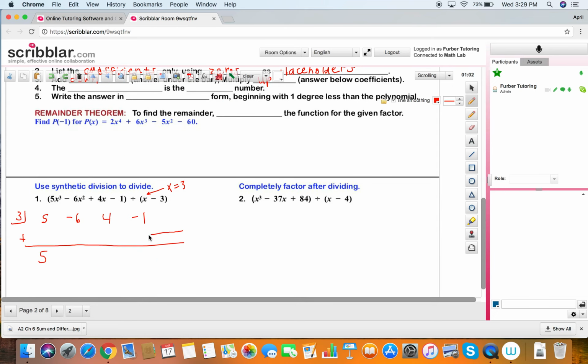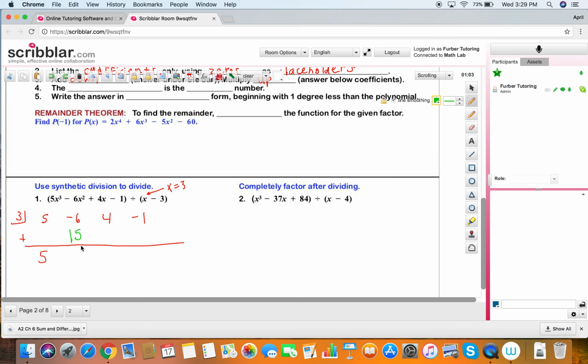So that's what's going to get filled in here. Underneath of these coefficients is a multiplication, an answer to a multiplication. Well, what is it that I'm multiplying? Well, I'm adding down, but then when I multiply, I'm going to take the numbers that I write down here, and I'm going to multiply them with the divisor, the factor of 3. So when I multiply 5 times 3, I get 15, and I'm going to write that up here below the